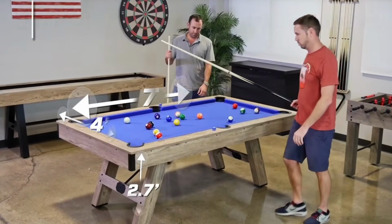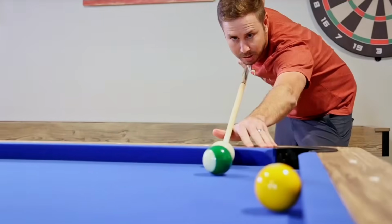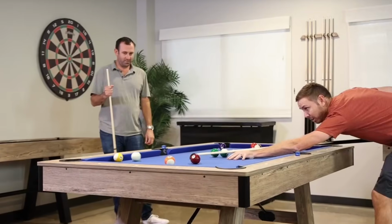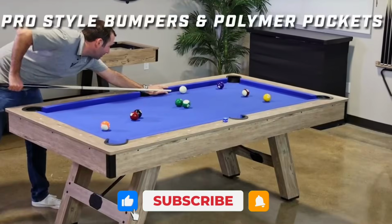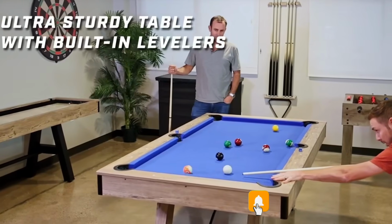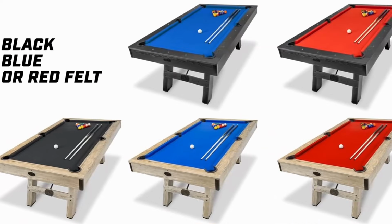Ready to transform your home into the ultimate entertainment spot? A pool table isn't just furniture, it's your ticket to epic game nights, friendly competitions, and those perfect just one more game moments. We've handpicked 9 incredible tables that'll make your space the go-to hangout, no matter your style or